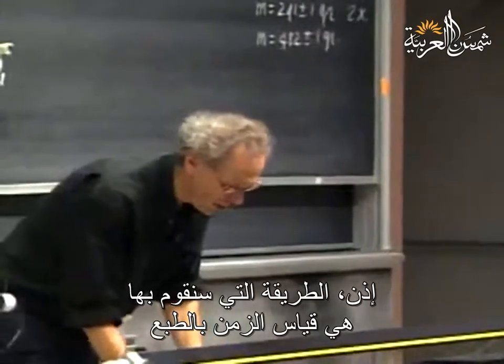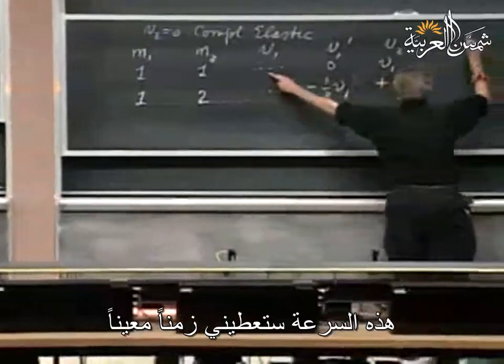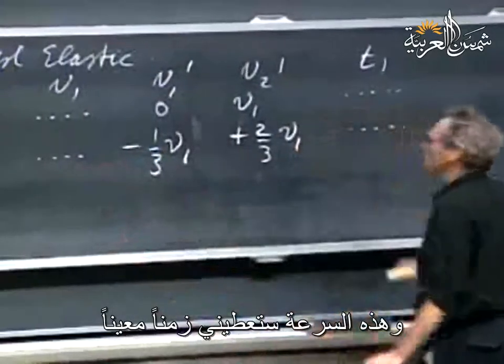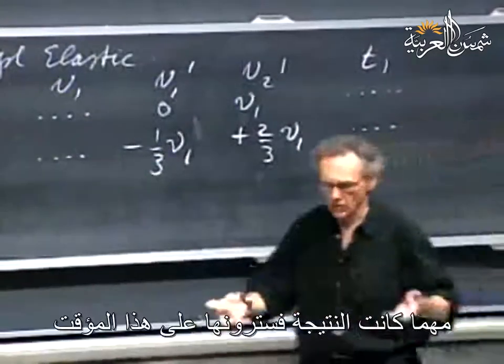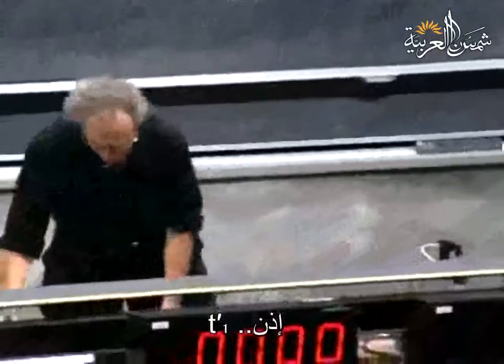So, the way we're going to do this is by measuring timing, of course. This velocity will give me a certain time, and this velocity will give me a certain time. Whatever comes out, you will see that on this timer. Then,